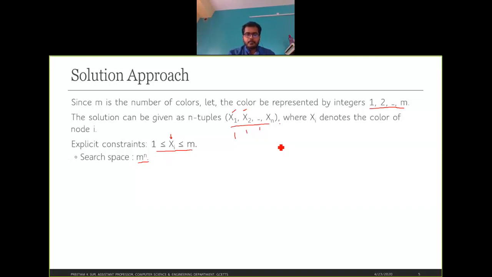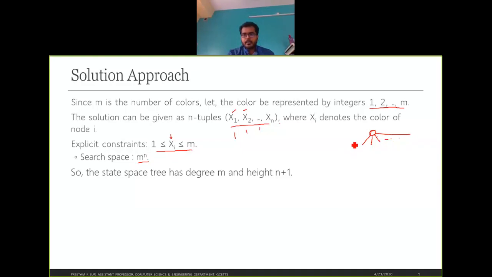Okay. So the state space tree. If we now draw the state space tree, it will have degree m and height n plus 1. If we have n vertices, initially this is the vertex that represents the problem state, where no node has been colored. Now you have m available options, so you can color the first node with m colors. So you will have m options available.